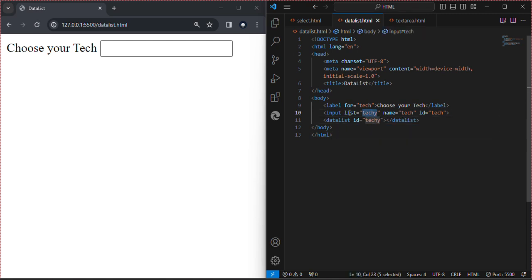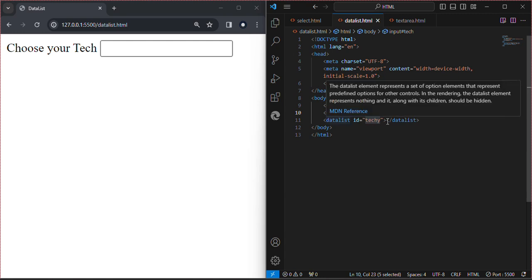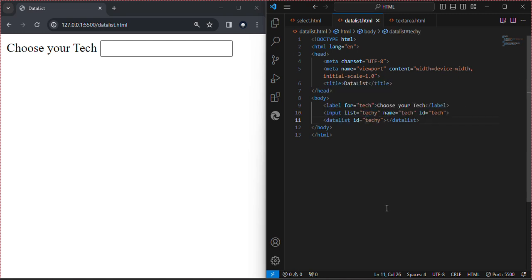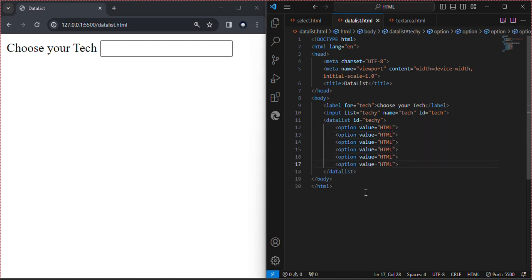This list attribute will be taken as an input for this datalist as an ID. So after that we need to write an option, and I'm removing this one. You can either keep it as it is or remove it, it's your wish. I'm entering some random values like HTML, CSS,